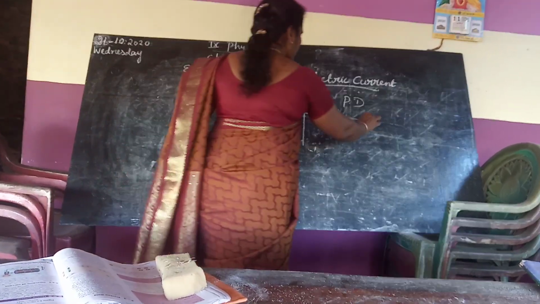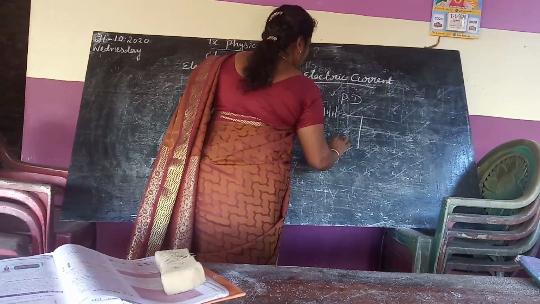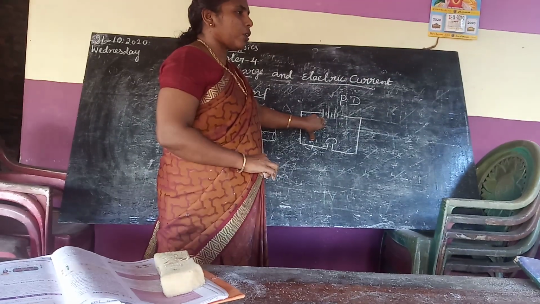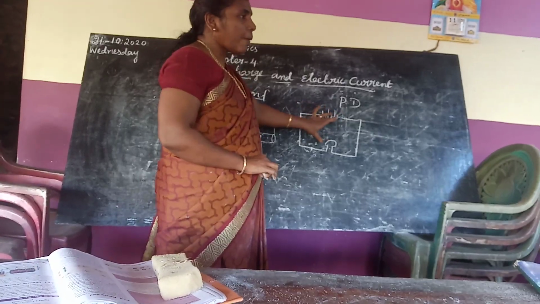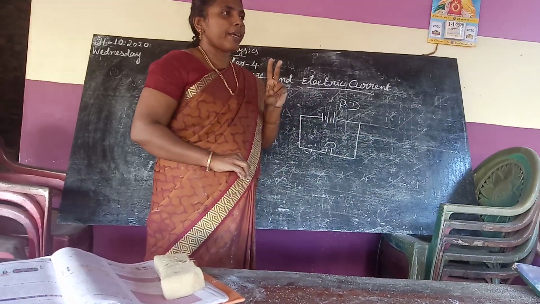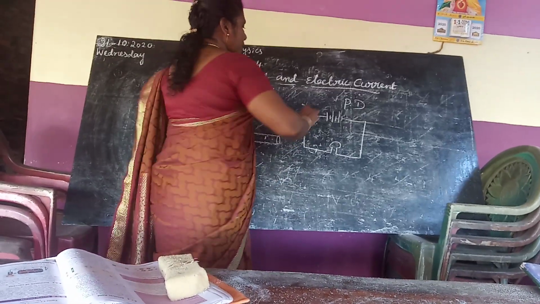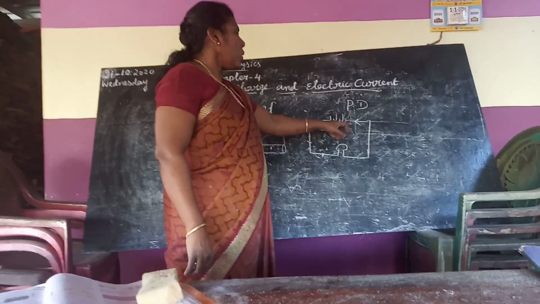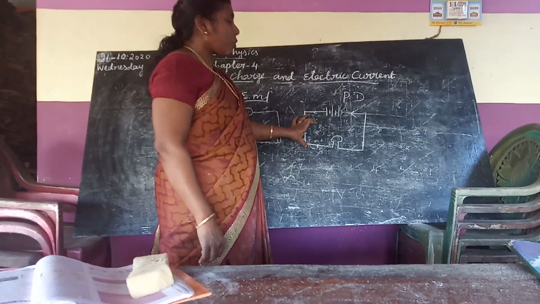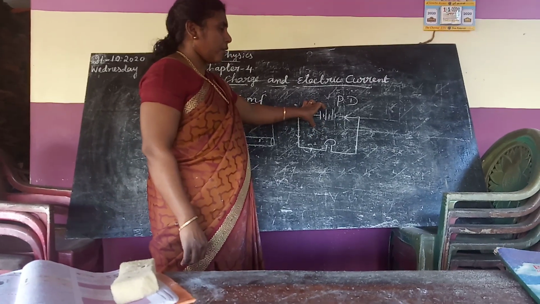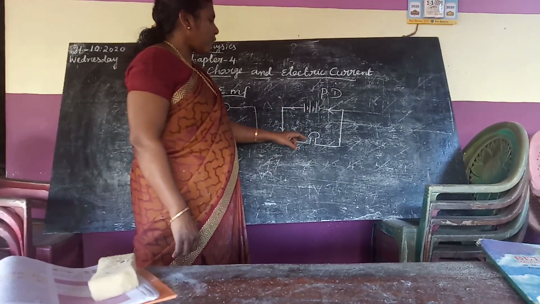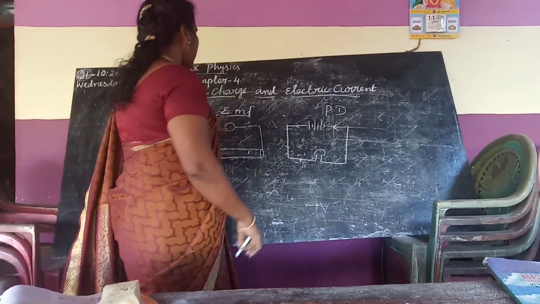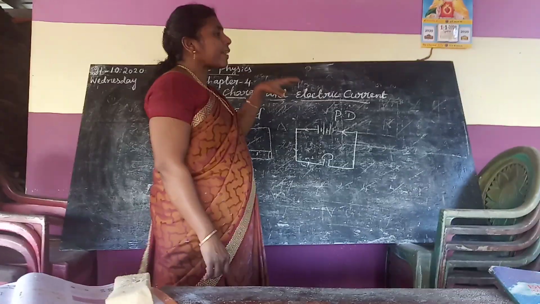So here also, suppose this bulb glows. The bulb glows means charges are there. I told you the combination of cells is called a battery. One cell consists of two terminals, positive terminal and negative terminal. The current passes from the positive terminal and goes through to the negative terminal. From the battery the current will pass, and the light in this bulb glows. Here some force is there. That force is the electromotive force. Some work is done inside.